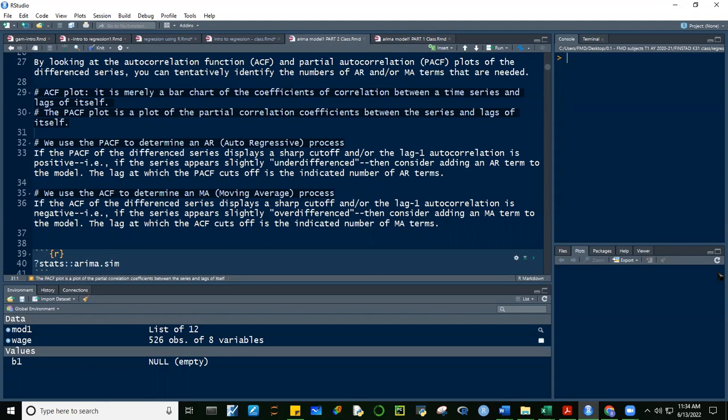If you take a look at the ACF, tapos may significant spikes, it's indicative na MA process siya. Pag ganun pareho yung ACF at saka PACF, then that's indicative that it's an ARIMA process. Okay? Pag yung ACF lang yung may significant spike, tapos si PACF slow decay siya, then indicative yun na MA process yan. Okay? I hope you're getting me, guys.